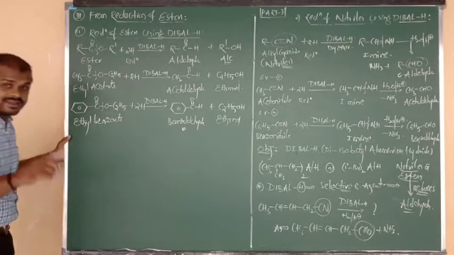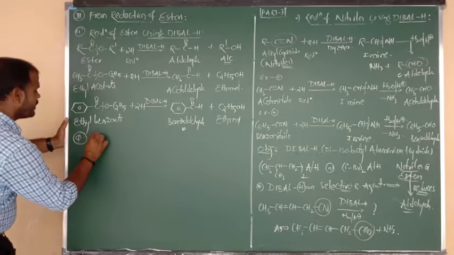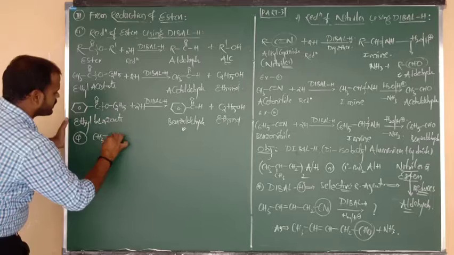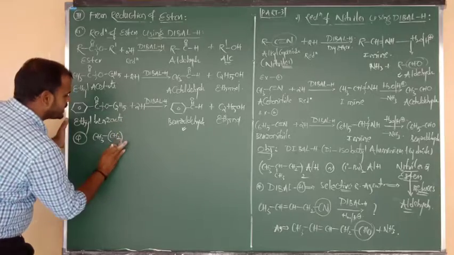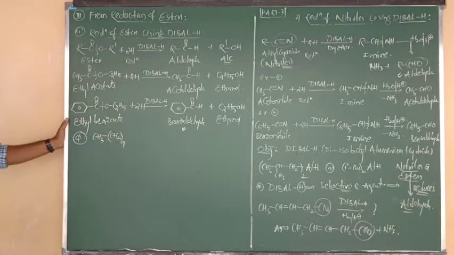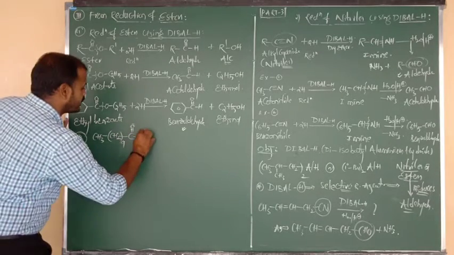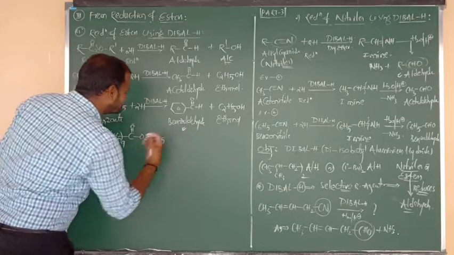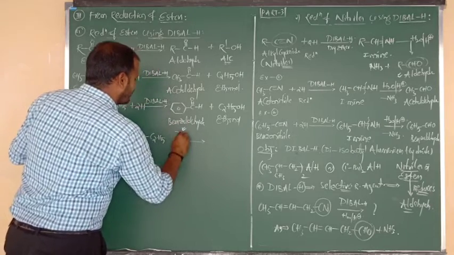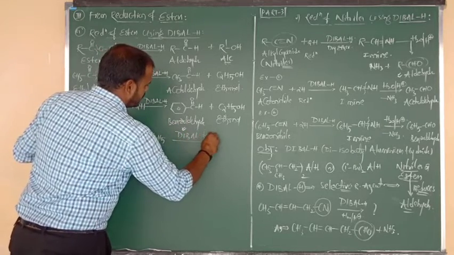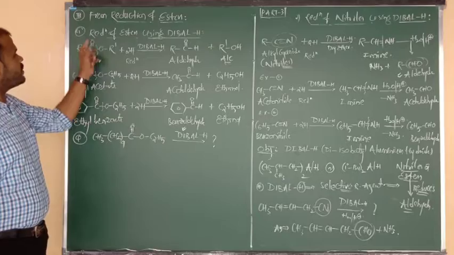So from this category, one more question I want to give you, which is inside the NCERT textbook. CH3 bonded to CH2, CH2 taken 9 times. Now suppose it is connected to C double bond O group, again connected to O, and again I am writing the same side chain C2H5. It undergoes the process, just above the arrow mark they have given DIBAL-H. So what are the products? The given compound is COC, nothing but ester.